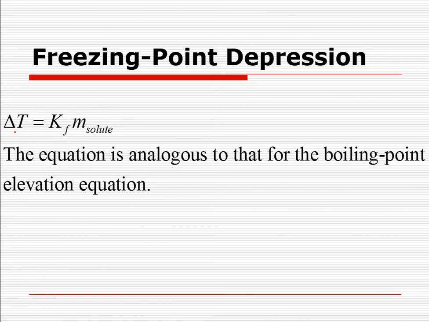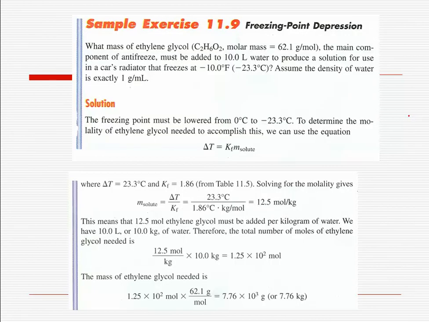So subtraction when you're doing freezing point, you add that change in temperature if you're doing boiling. So another example here, we want to know what's it asking for? What is the mass of ethylene glycol, which, look at that, that's a covalent compound in antifreeze, and you have 10 liters of water, and it's going to produce a freezing point of -10 degrees Fahrenheit, which is actually -23.3